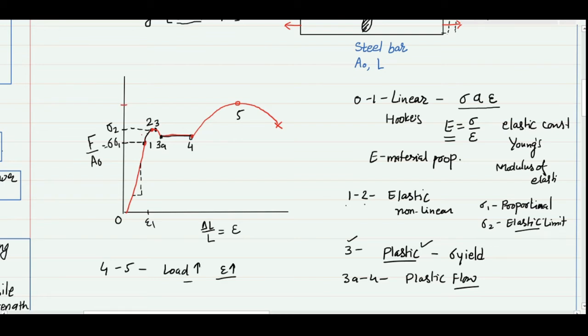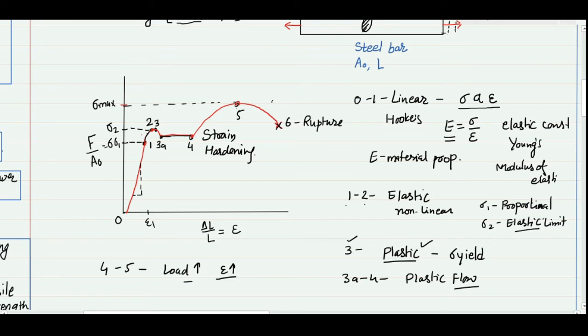When we compare the 4-5 region with 0-1, in the 4-5 region we have to apply relatively less load and there is a significant change in length. However, during 0 to 1, for a large load there is only a small change in length. So the 4 to 5 region is known as the strain hardening region. This is the value of maximum load during the complete tensile test, and after point 5 we cannot control anything. There is a sudden increase in the length and we observe rupture or failure. So point 6 represents the rupture of the material.